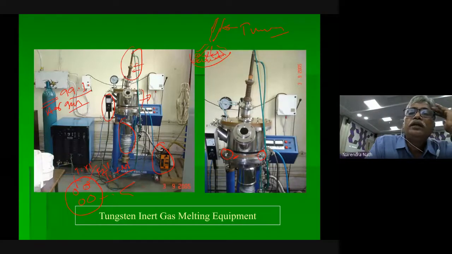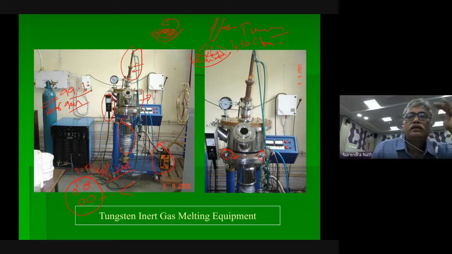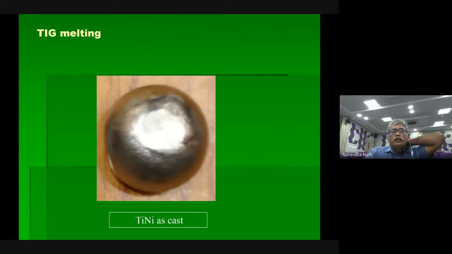So this way we are melting 4 to 5 times. Then there is one button inside this. What we will do is turn it up and down, and again we are remelting. So 3-4 times, to ensure that perfect mixing is taking place. So later this kind of